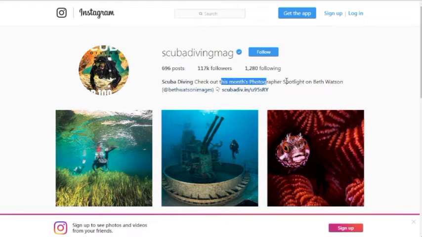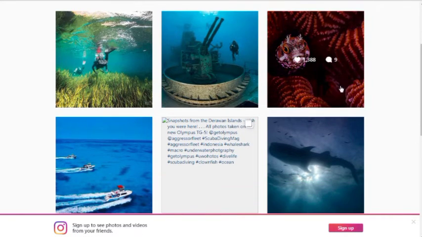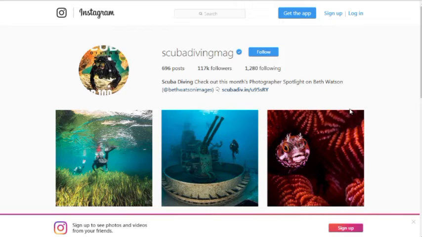Now, she's more into photography, so she's probably going to attract people who are in photography. So it's not really going to be scuba diving equipment, but rather people are probably going to want to know, hey, what camera are you using? What equipment are you using? What scuba diving equipment are you using? And all that for the purposes of photography. So you see how in this example, it may not necessarily be that she's selling scuba diving equipment, but rather that she's attracting a specific type of mindset. So you have to get an idea, like, who are you attracting? So in this case, scuba divers who love photography.